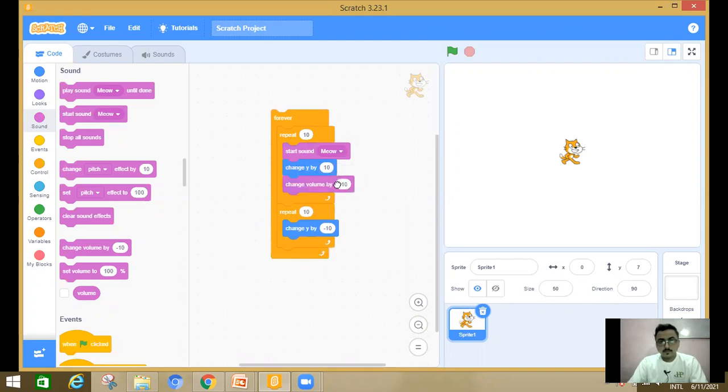Whenever it moves to the up direction, the cat voice will be louder. And whenever it comes down, the cat voice will be lower.